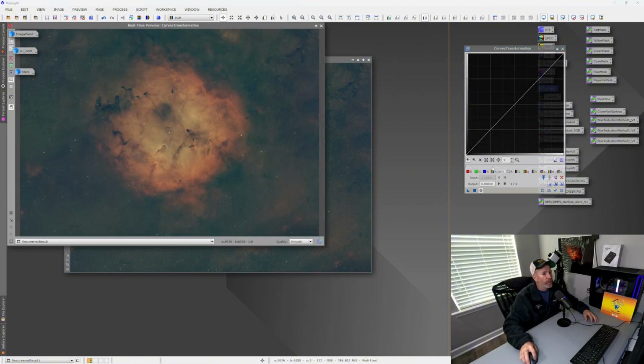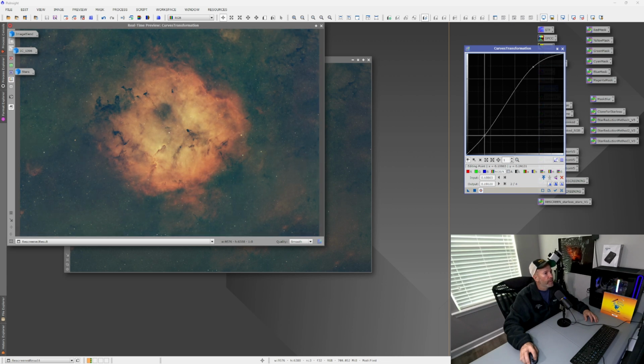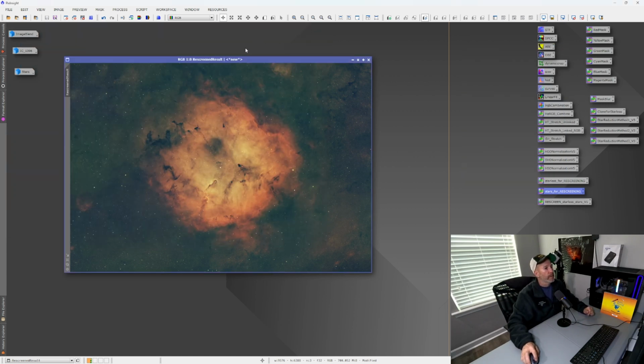Just get your preview window going. You can adjust it up. You can do a little S-curve here to get it a little more dramatic effect inside there if you like. You can keep it that way, reset it, adjust the saturation to your preference, however you want it. If you don't like it so much red, you can pull the red out a little bit. And then you can always come in